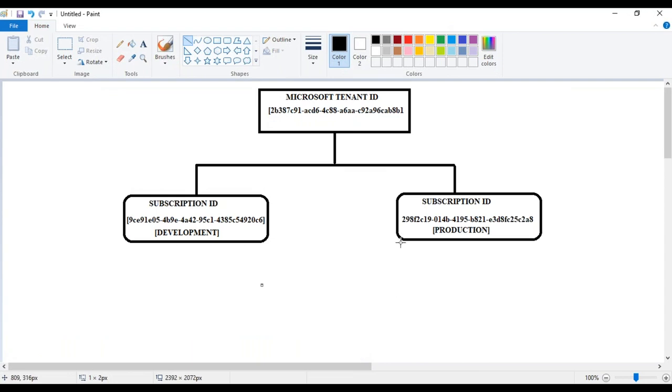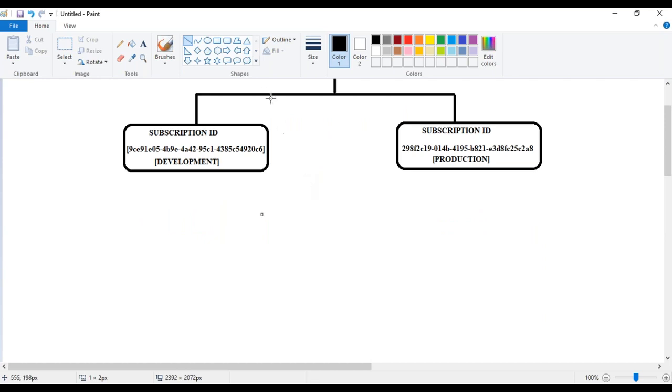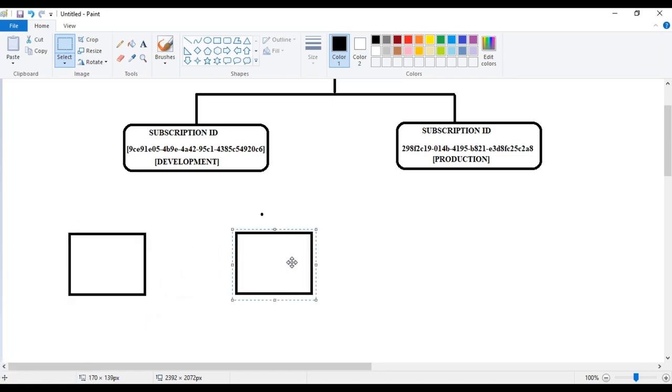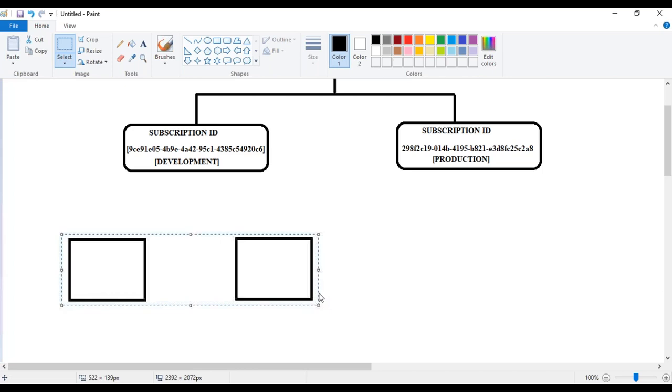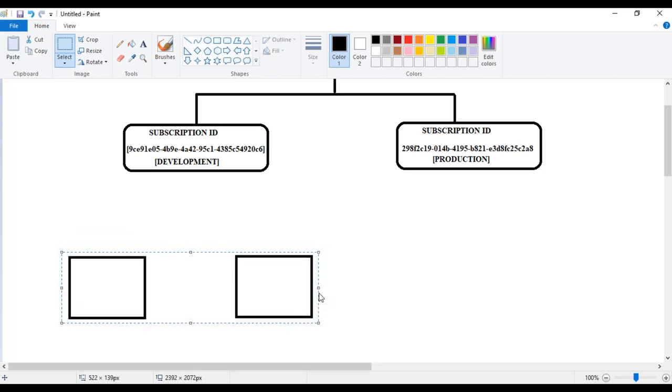Okay, what exactly goes under the subscription at the high level? Normally we're going to have resource groups. What is a resource group? As the name suggests, it's a group of resources. That means whatever you create apart from Azure AD, it might be a VM, an IP address, a disk, a database, or Azure DevOps, it should go into some sort of resource group.